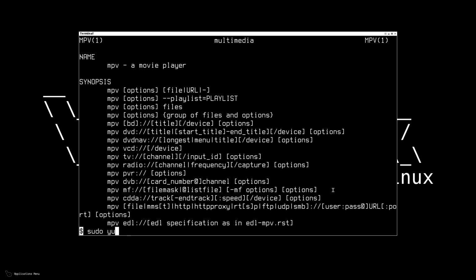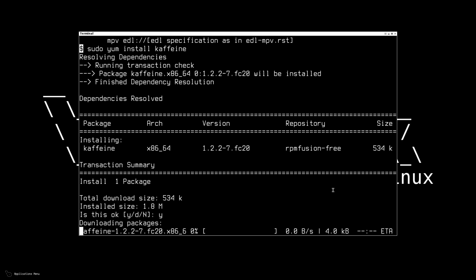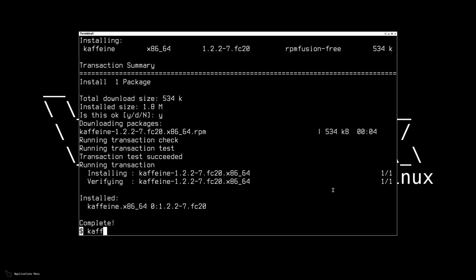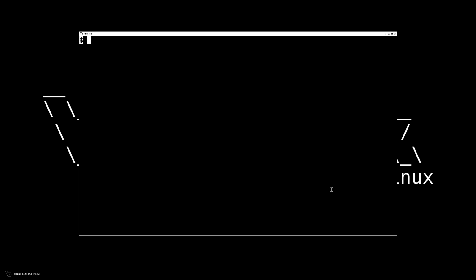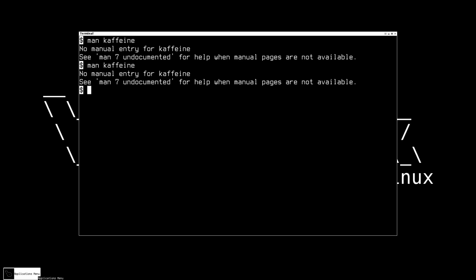Finally, let's get Kaffeine from Fedora through RPM Fusion, and this also works just like you'd expect. I should be able to run it once it's done installing, and it's got a man page as well. So Kaffeine launches. It seems very upset that I'm not using DVB, but it still runs fine. Additionally, man kaffeine, it does not have a man page, or I can't spell it. Yeah, no man page for it, but it should register here in the application menu, along with VLC. MPV did not.